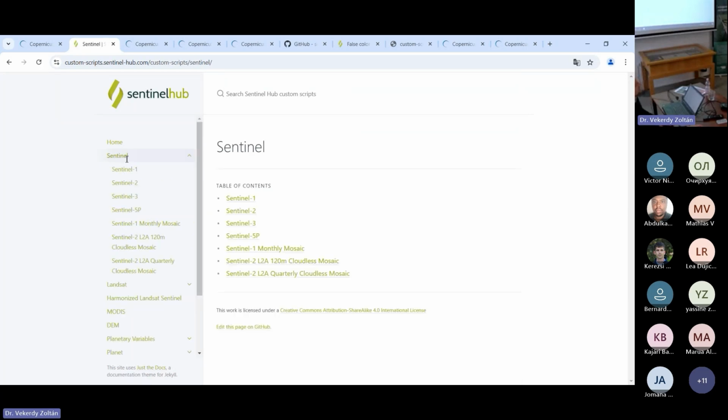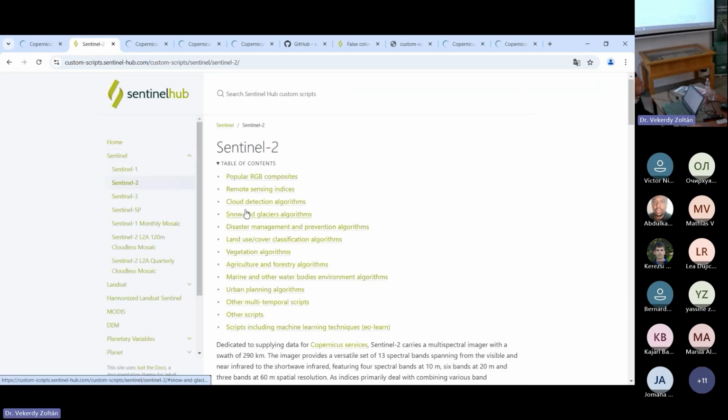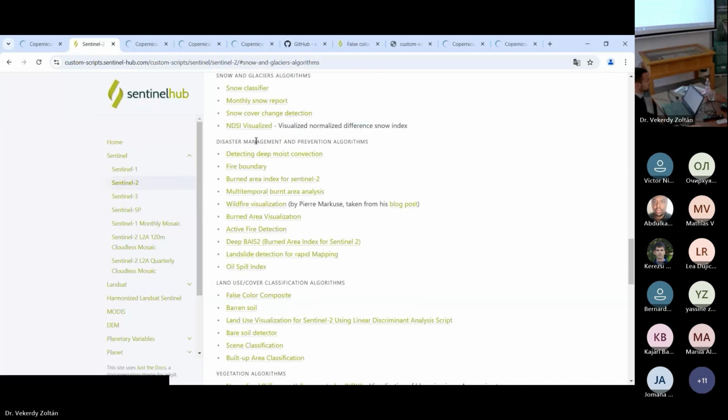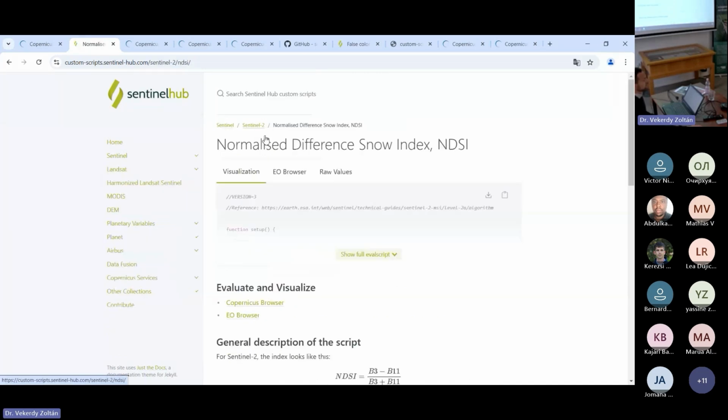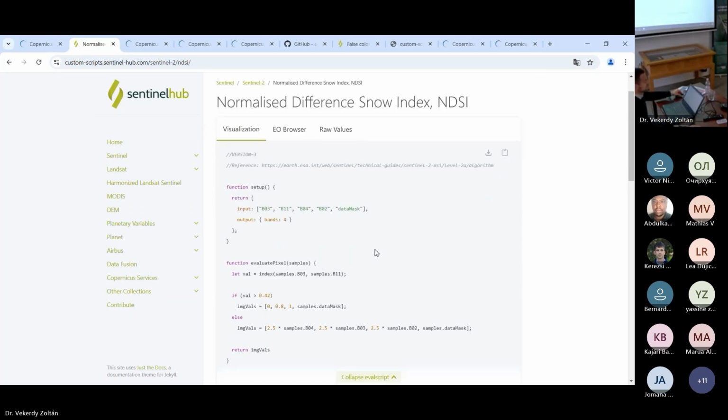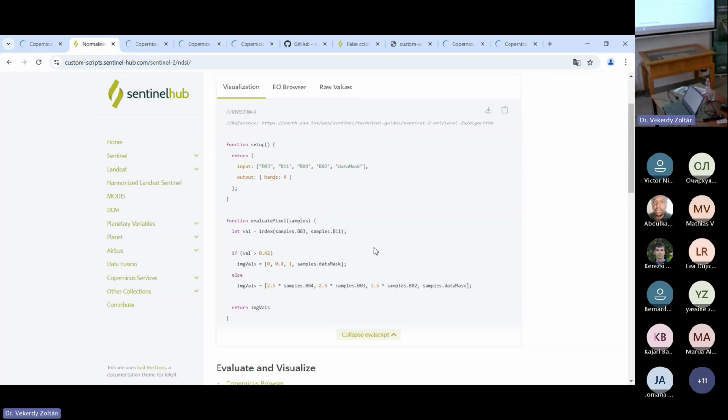Another little index I want to show. Sentinel-2, and then snow and glaciers algorithms. NDSI visualized, the normalized difference snow index. So what does this script do? Again, it takes 4 bands: 3, 11 for shortwave infrared, 4 and 2. And then it creates an index, essentially